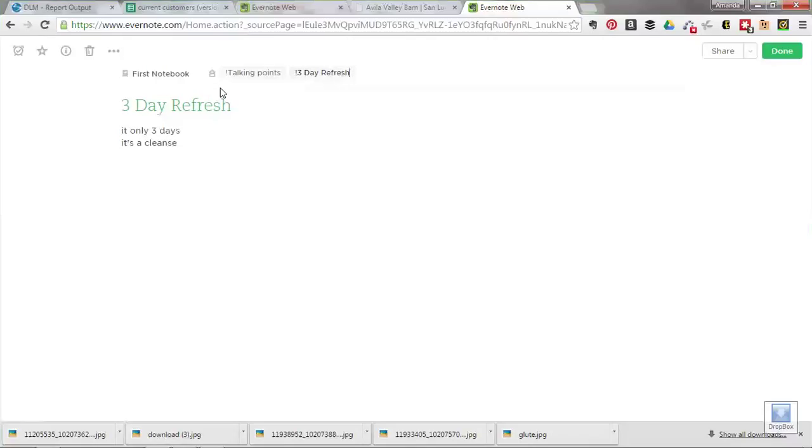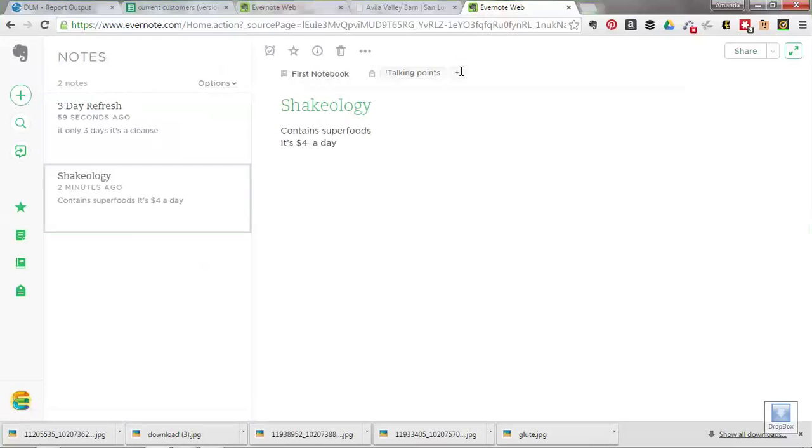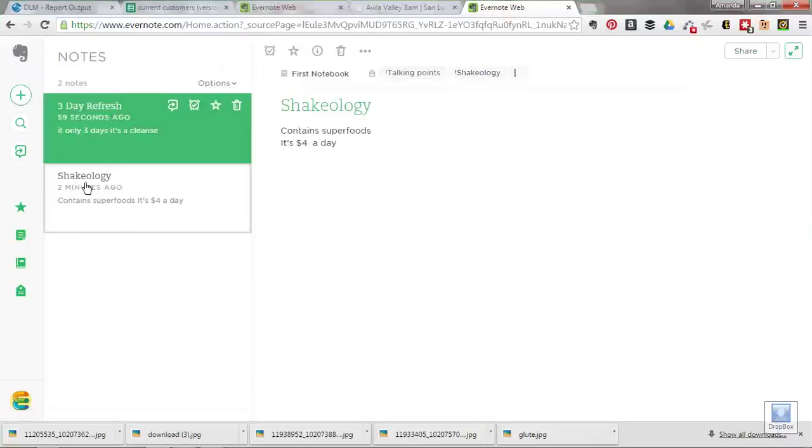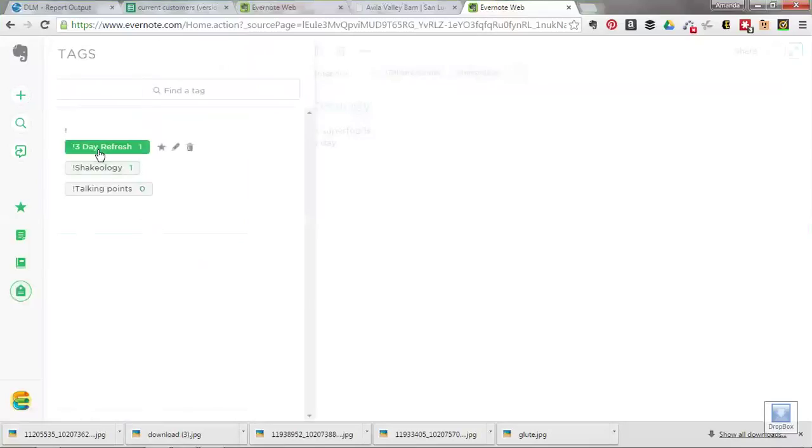So if this was my note, my tag for my note, I would put exclamation point 3-day refresh. Now, like I said, you don't have to do that. You don't need to put that tag there because you will be able to search it. But I like to do it this way because it helps me keep track of my tags. So if we say we're done, it's got those 2 tags. I'm going to go back into my Shakeology note, and I'm going to add an exclamation point Shakeology tag. Now, when I come over here, this is where all my tags are. It's going to show I've got a 3-day refresh, a Shakeology. They're all talking points,